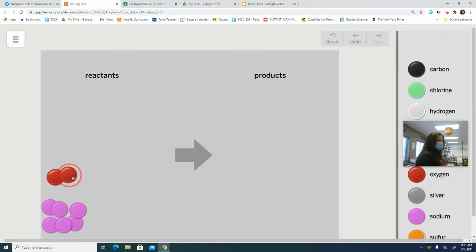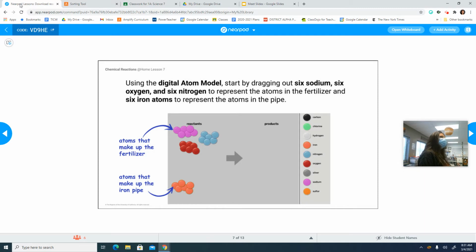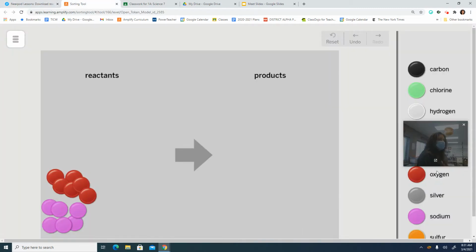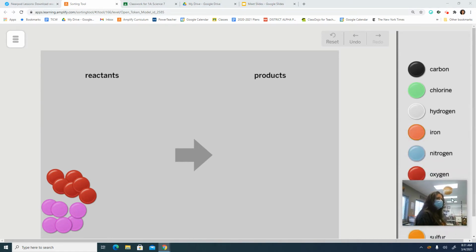1, 2, 3, 4, 5, 6, and 6 nitrogen. 6 nitrogen, 6 iron. 1, there we go, nitrogen, 1, 2, 3, 4, 5, 6, and then finally my iron. 1,